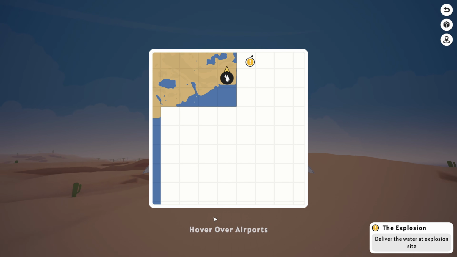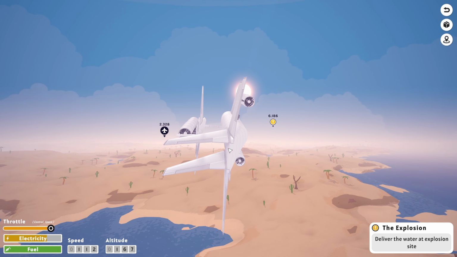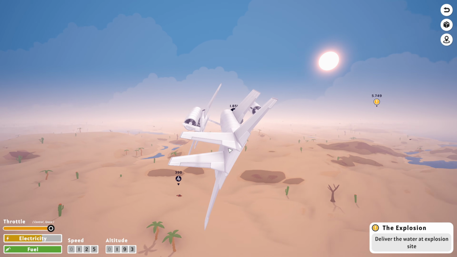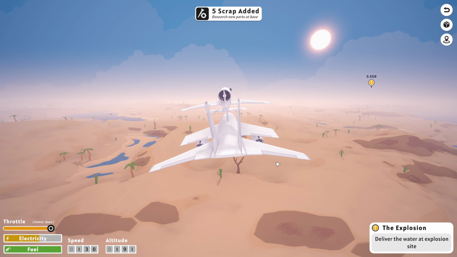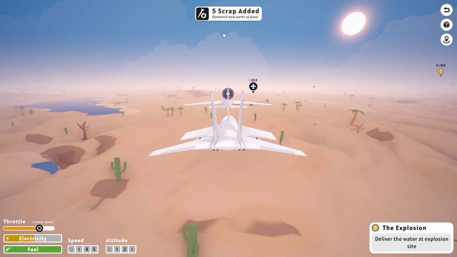Yeah, so we might actually have to hop. We're gonna have to go to the here first. Okay, that's fine. That's fine. Yeah, we're gonna do some hopping. There's also some scrap there. So we'll get to this airport here. We'll then